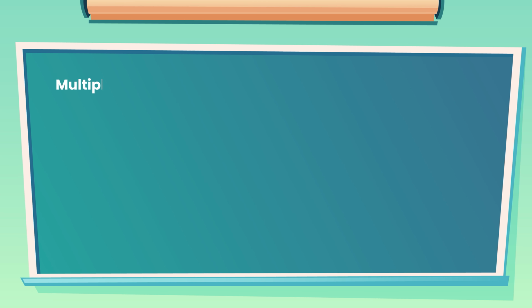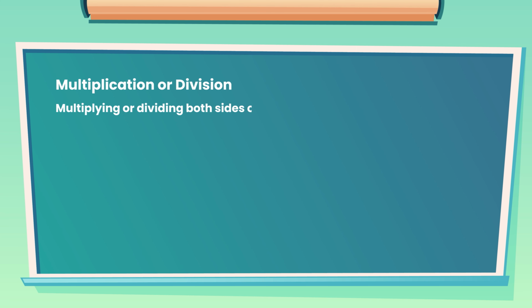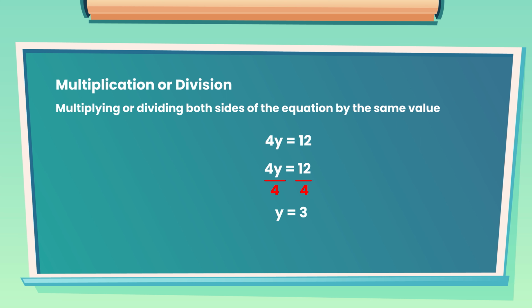Next is multiplication or division. Multiplying or dividing both sides of the equation by the same value. Example, solve the equation 4y is equal to 12. Divide both sides by 4. What will we get? y is equal to 12 divided by 4. y is equal to